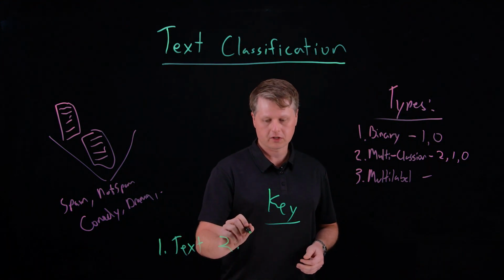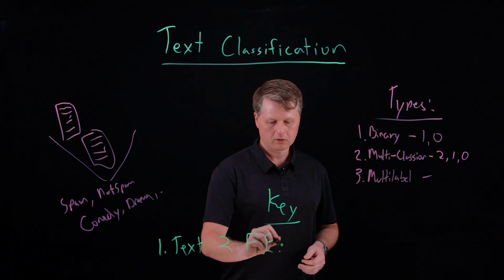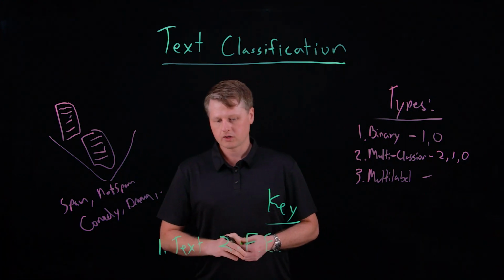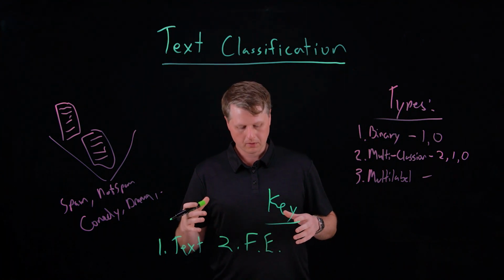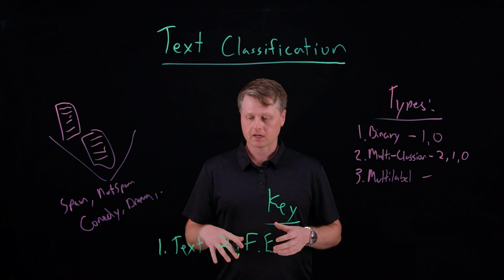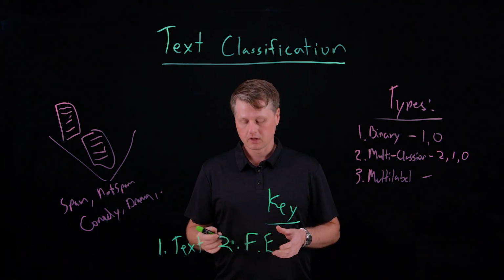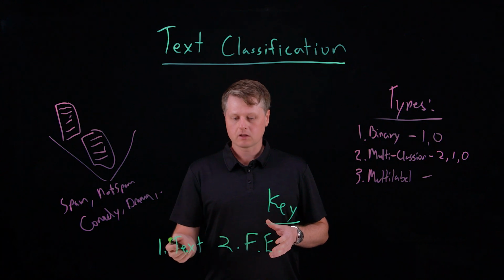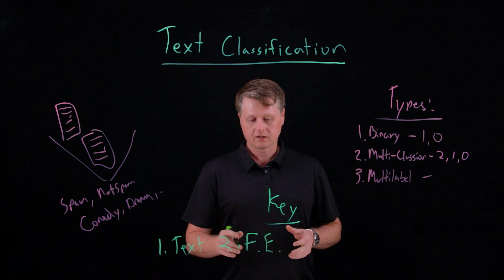which is called feature extraction. And I'll just put FE for short. So this is where you take the text and you send it into what's called word embeddings. So this is a bit of a black box, and the details of it are outside of the scope of today's discussion. But you're essentially taking the raw text and then converting it into a long list of numbers.